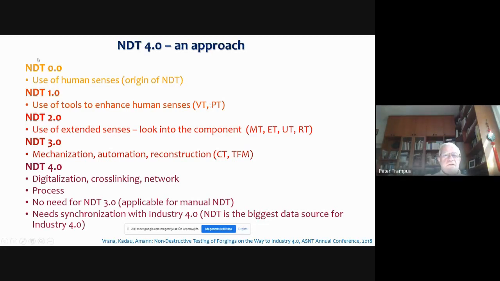And there is one concept of NDT 4.0, not necessarily the only one, but I feel it is feasible and credible.